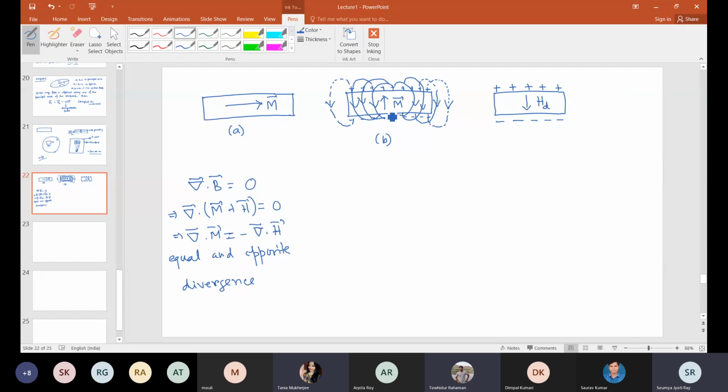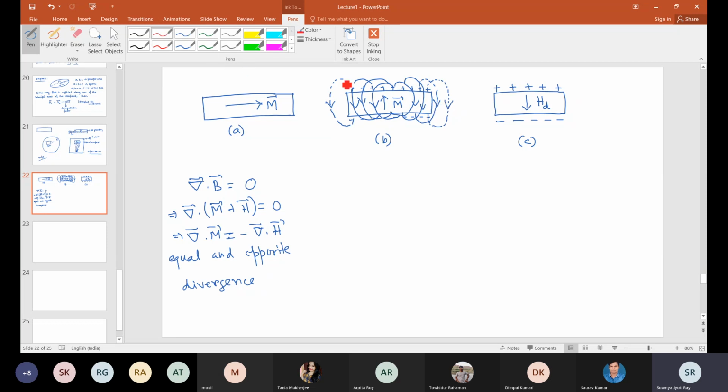Please repeat it. Okay, so there will be a demagnetization field, that is clear to you. Now this demagnetization field, because of this particular geometry, will be passing through the material itself. For example, if the monopoles are at the edge of the sample, then the demagnetization field will be outside the sample, or the return flux path is not coming inside the material.